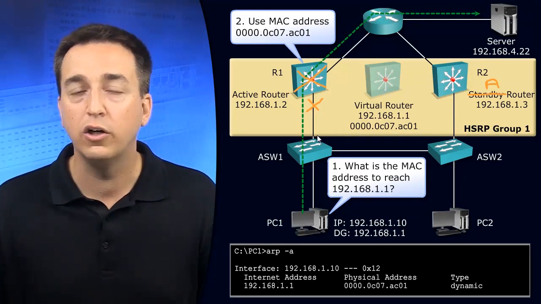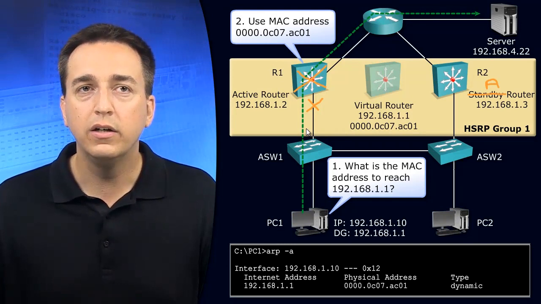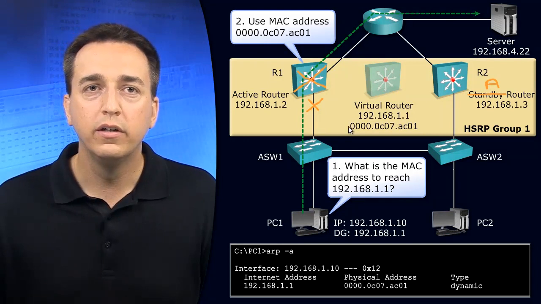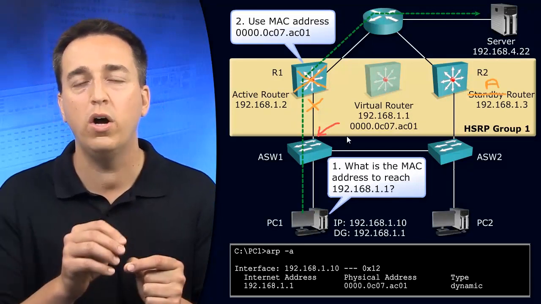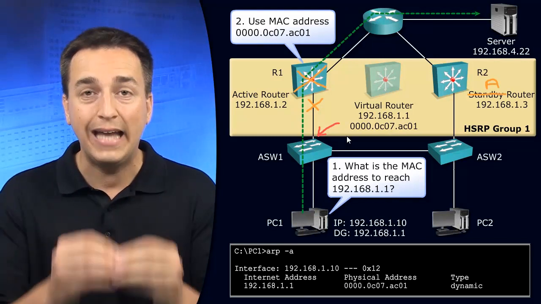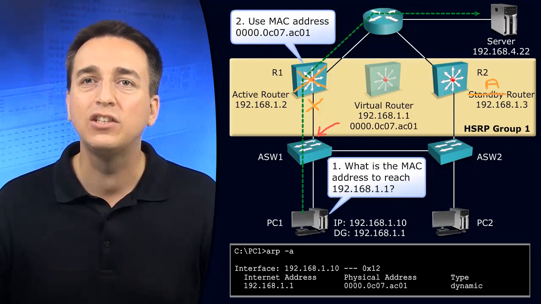But think about the topology from a layer 2 switching perspective. Before the failure occurred, the MAC address that is associated with the virtual router was learned on this switch interface here. So that way, when frames arrived at ASW1, it could forward those frames successfully to R1 based on the entry in the MAC address table. So when R2 takes over